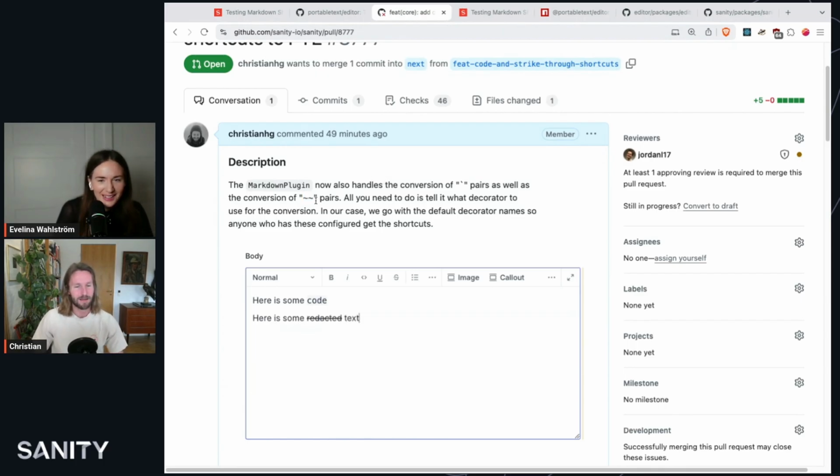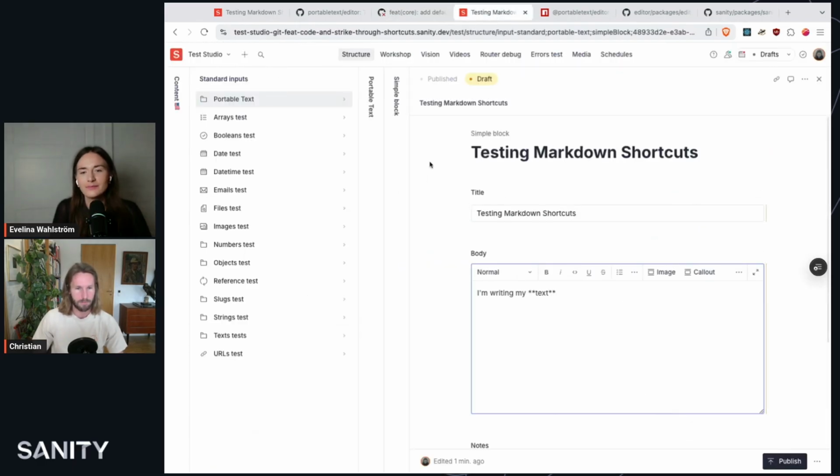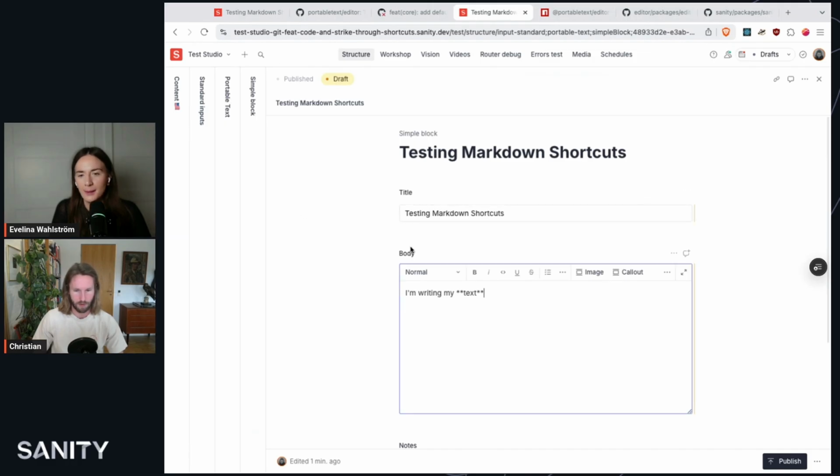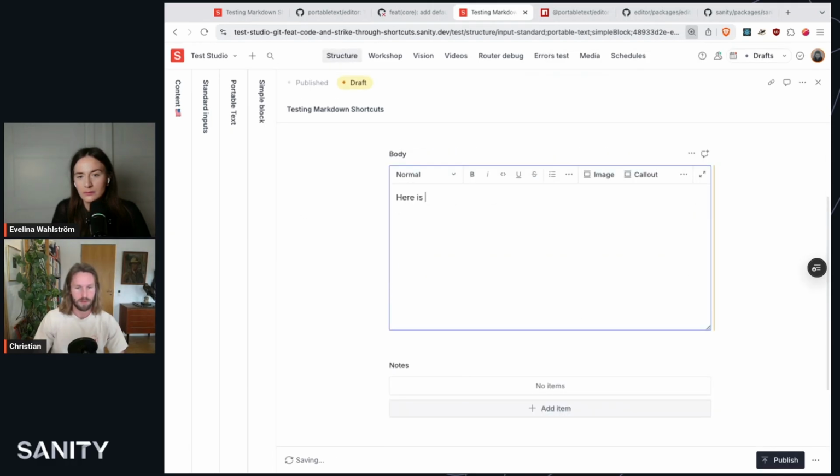Yeah, exactly. This is a bit of extended syntax, but I can show it here. This is the same sort of testing studio, but this is just on a preview branch. So I can do, here is my code, and it turns into code. And the same for, here is my redacted